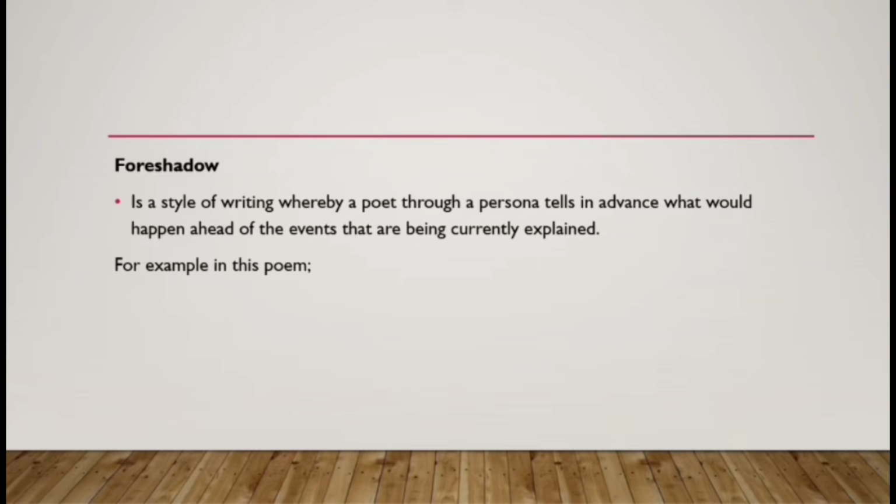Foreshadow is a style of writing whereby a poet, through the persona, tells in advance what would happen ahead of the events that are being currently explained. The things under this style can be in the form of dreams. Maybe the person is dreaming, or they are just having wishes, future fears, or just mere plans. It allows a person to imagine their future world. For example,